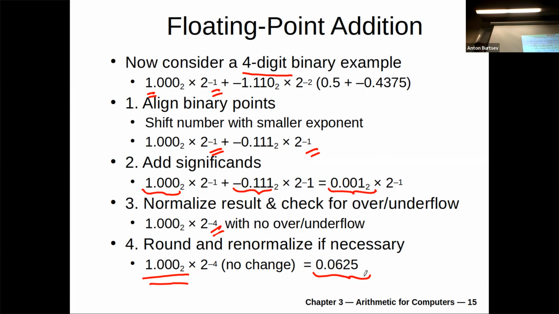As you see, the hardware itself is becoming more complicated because there are a couple of steps involved here. You align the numbers, then you add the significands, then you do normalization and checks for underflow or overflow, and maybe you do rounding and normalizing if necessary. You can guess even from these algorithms that it will not fit in one cycle. I mean, you can build a circuit which fits in one cycle, but then the length of your cycle is growing, right? And everything else will be affected by it.